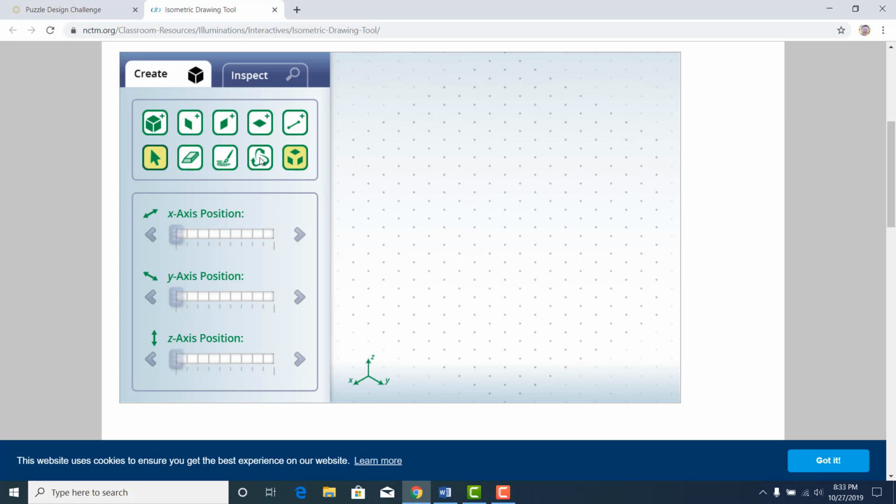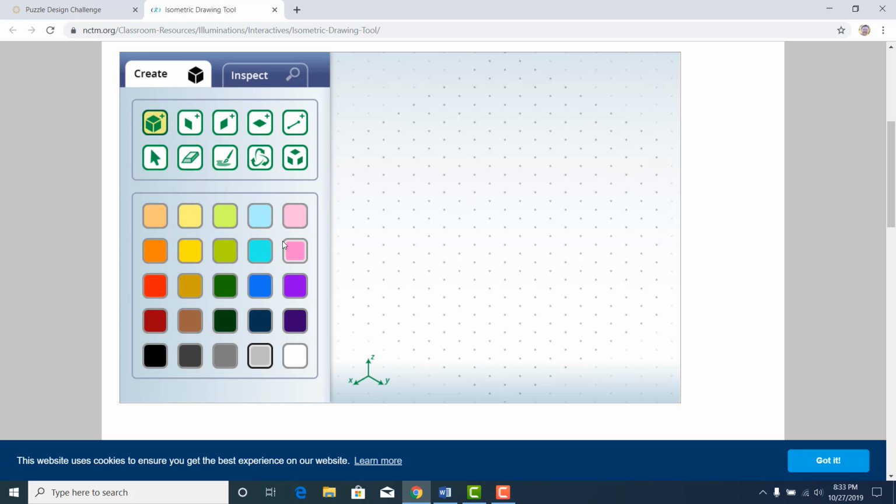You've got a series of tools across the top. I'm going to use this one to lay out my blocks, and I will choose the color of my blocks. I'm going to start with red. I'm just going to pick some basic colors, and pick somewhere in this environment and drop a red cube. You guys, according to your instructions, need to create a 3x3x3 cube made up of 5 different